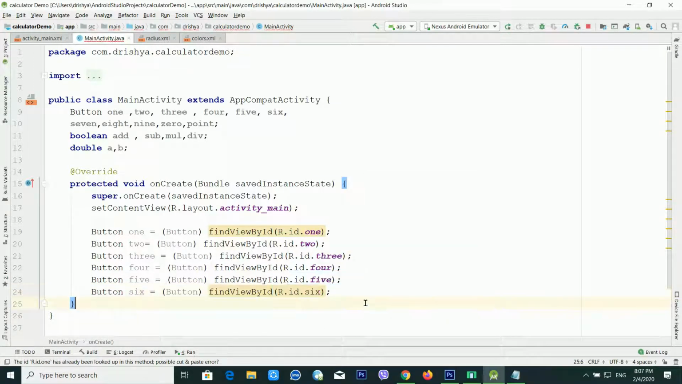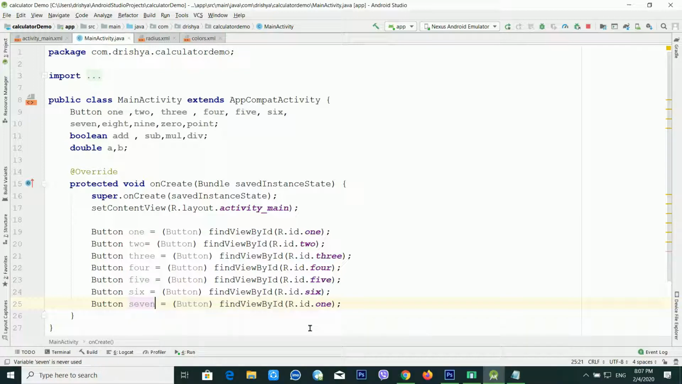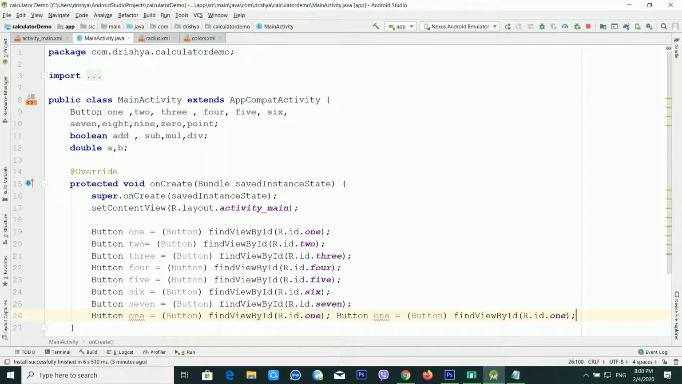Okay, and again it should be seven, and again the ID should be also seven. Just wait for a moment. Okay, it should be also eight, and it should be also eight. Okay, I think it's not giving me